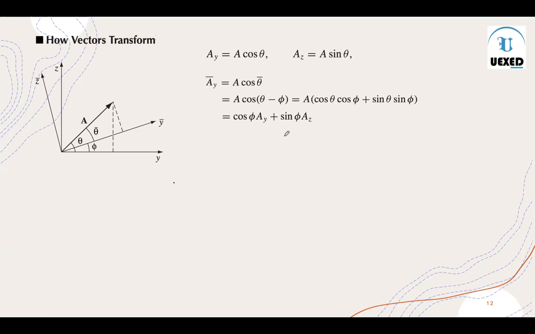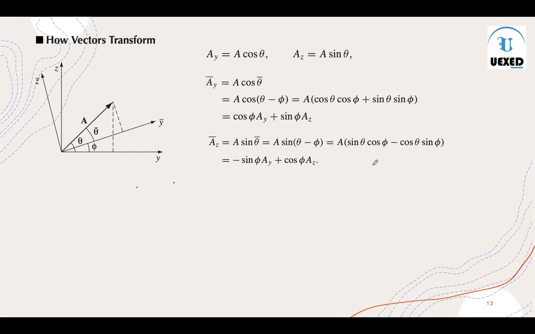So this is the ay bar coordinate in the rotated frame of reference, and this rotation has been done with respect to the origin of the coordinate system zy. Now similarly you can write for az bar, which is very obvious because this is just like this component, and this component is nothing but sine theta bar. So a sine theta bar is az bar, and then again you can write theta bar as theta minus phi, and then you use the sine a minus b formula.